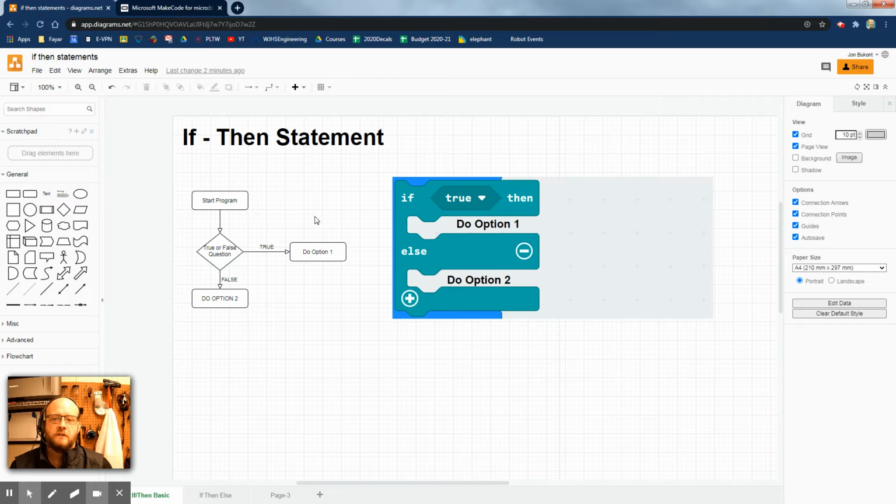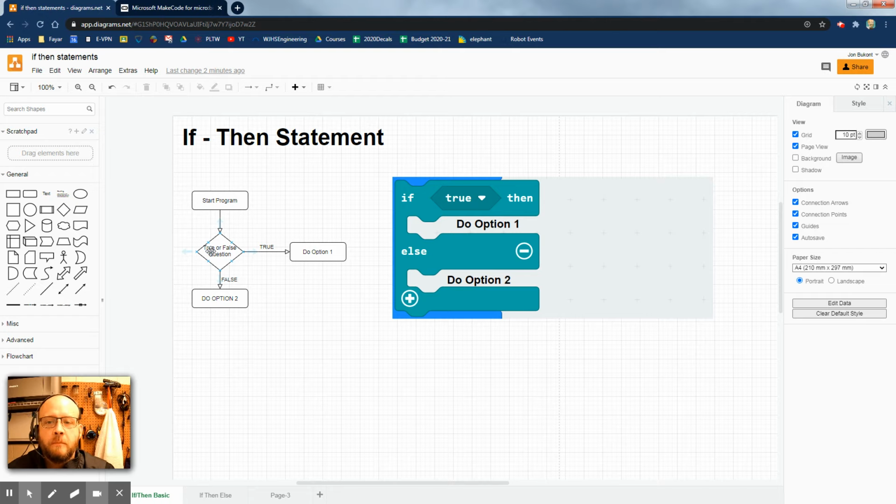All right, so we're going to talk a little bit about conditional statements today. These are more commonly known as an if-then statement or an if-else-if-then statement. A conditional statement is used in programming to make decisions or choices, and it lets you pick between certain options. So for example, in this real basic flow chart, we've just got our program starts, and then